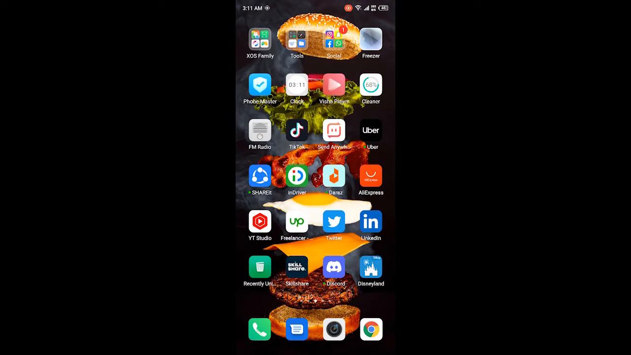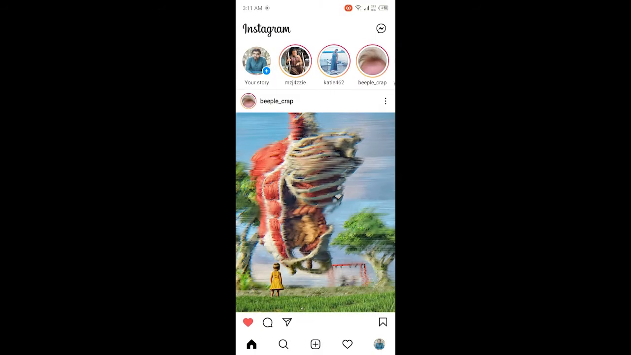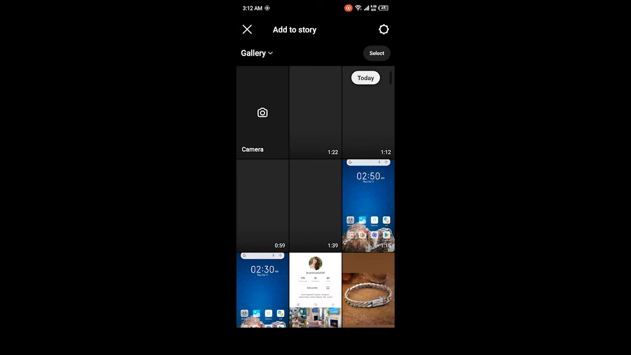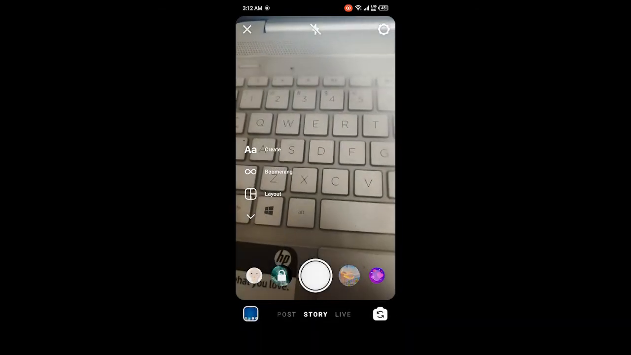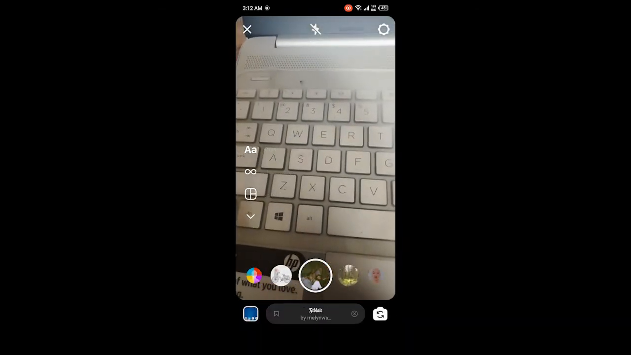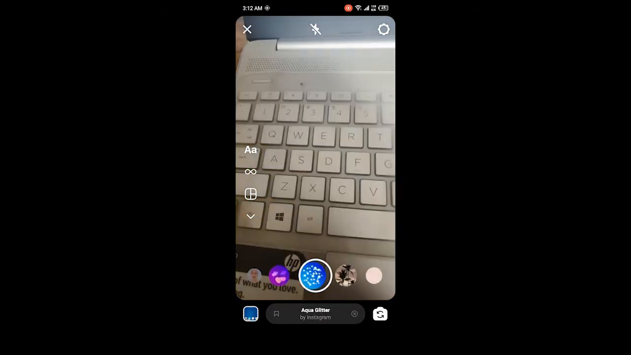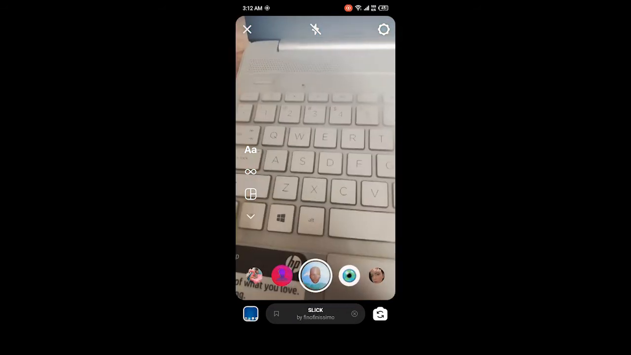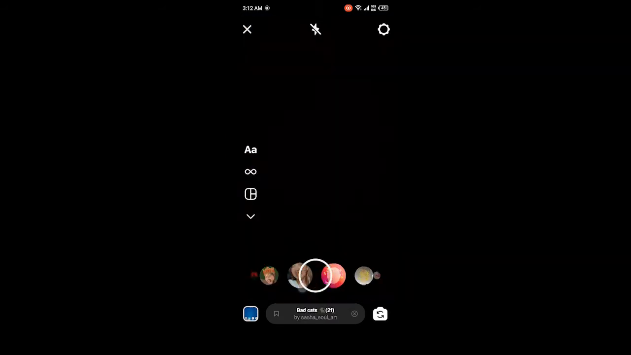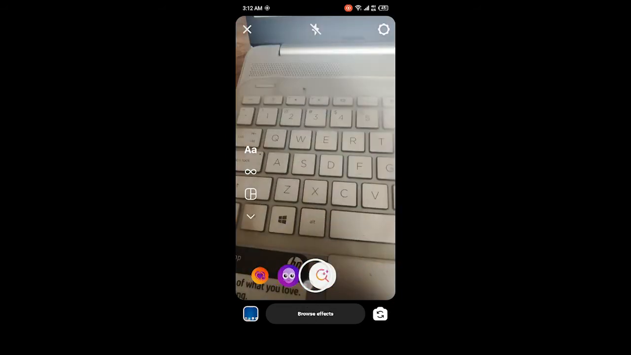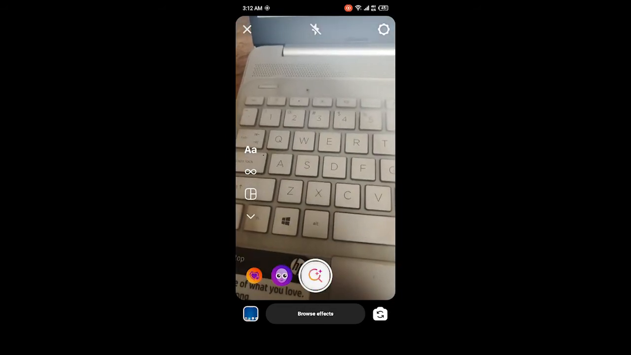First, you need to open the Instagram application. Once you open Instagram, then you need to click on your story, and then you need to click on camera, and then you need to scroll, and you need to click on search. Then you need to click on browse effect,